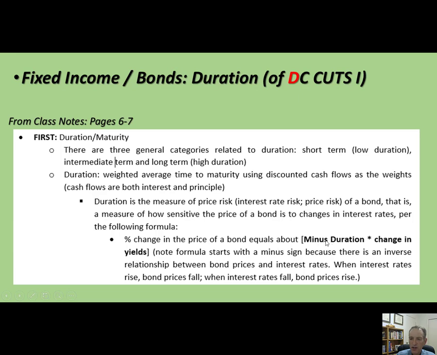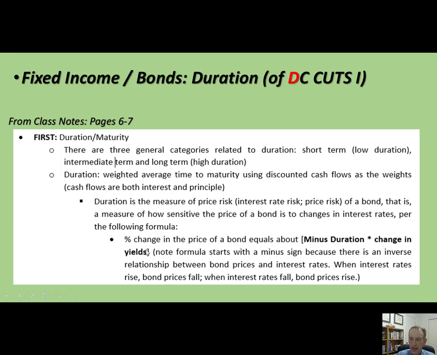Why minus? Well, because bonds generally, especially if a bond has a positive duration, when interest rates rise, bond prices fall. So we have to use a minus sign because there is an inverse relationship between the prices of bonds and interest rates. So minus duration times the change in interest rates. Remember with cash, we said cash essentially has a duration of 0. So for cash, you do minus 0 times the change in yields, you get 0, so there is no impact.